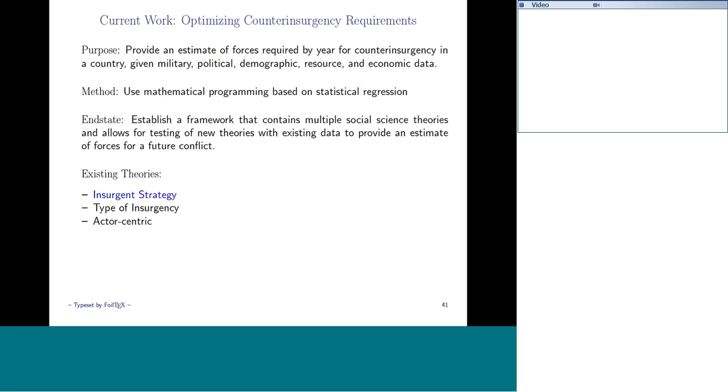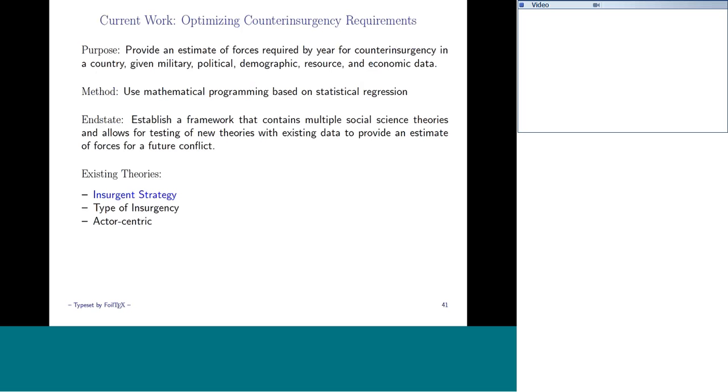The idea is we want to provide an estimate of the number of forces required by year for counterinsurgency in a specific country, given the military, political, demographic, resources available and economic climate. So we want to establish a framework. It's going to be based on existing theories, and we also want to be able to test new theories.